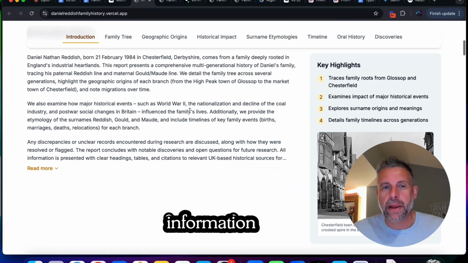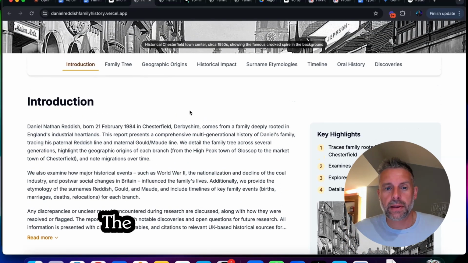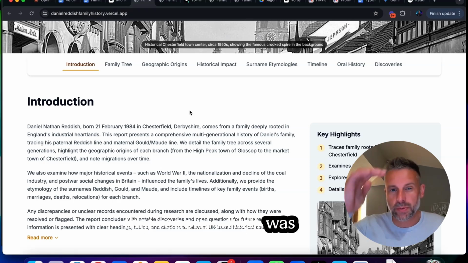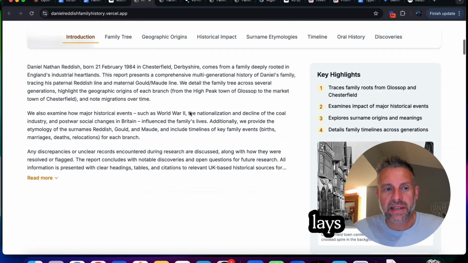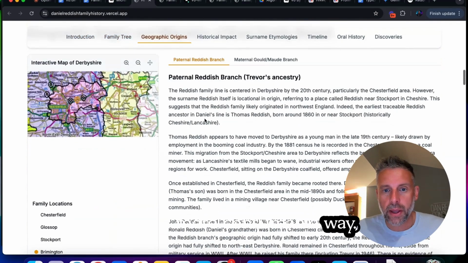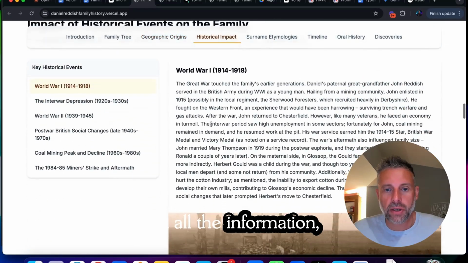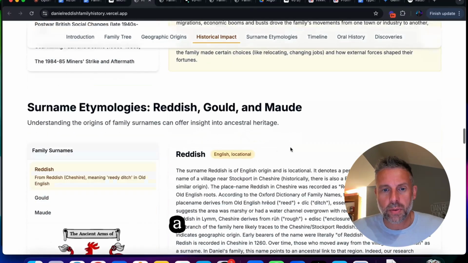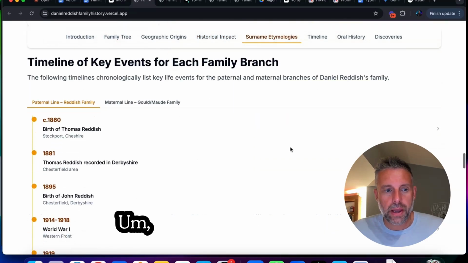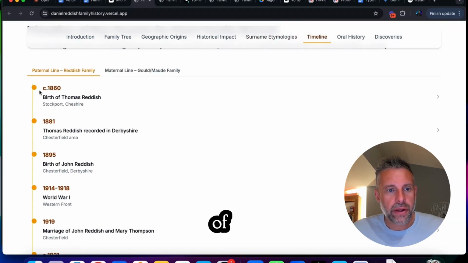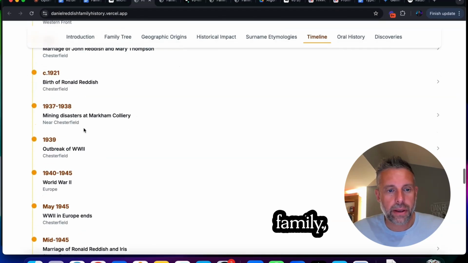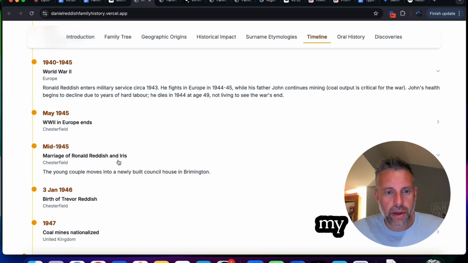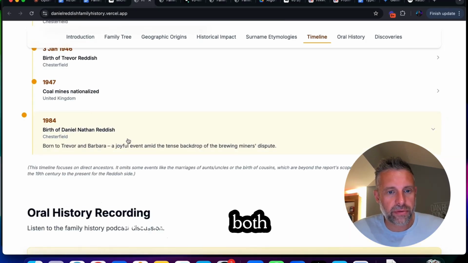So this is all that information from the document that Google Deep Research produced, or that report, which was pretty meaty and detailed, but it just lays it out in a more consumable way. It's got all the information, but it's pulled into different sections and made a bit more interactive. It's got different timelines on there: the first records of my family, World War II, marriage of my grandparents, birth of myself,